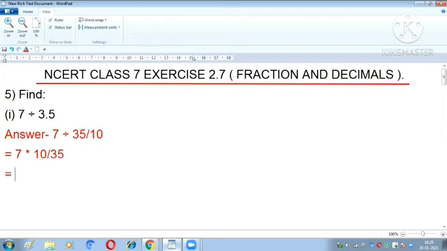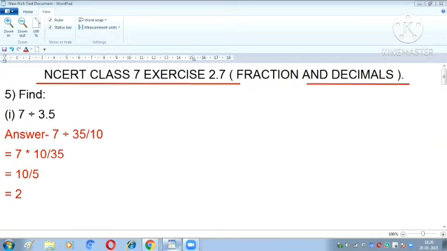So now we can cancel out 7 and 35. So 7 will cut to by 1 and 35 will cut to by 5. Okay. So our fraction will be 10 upon 5. Okay. So now this 10 can also be cancelled out by 2. Okay. 5 multiplied by 1, that is 5, and 5 multiplied by 2, that is 10. So problem solved. So 2 is the answer of first bit.